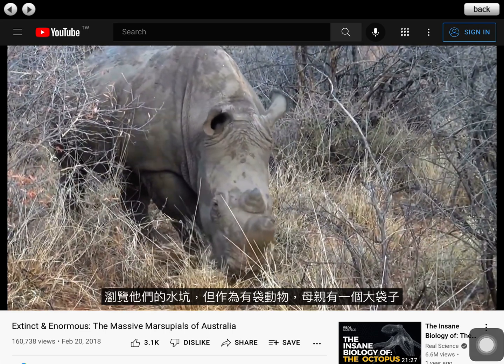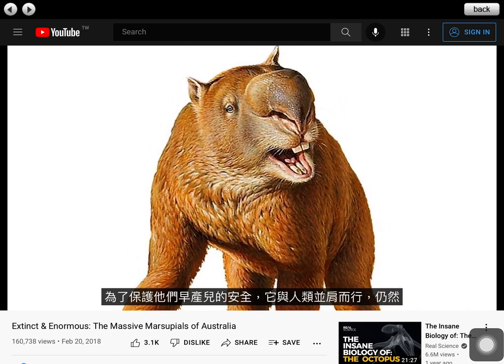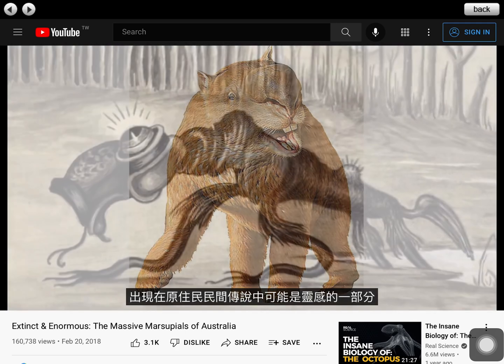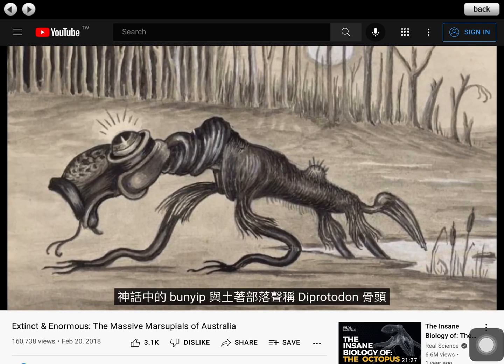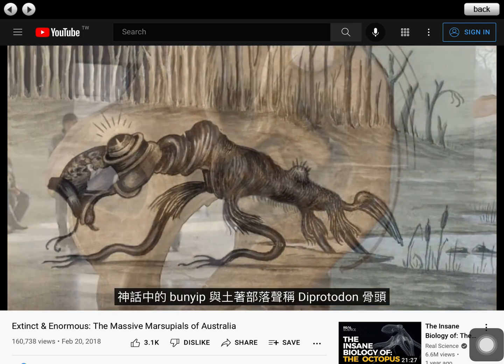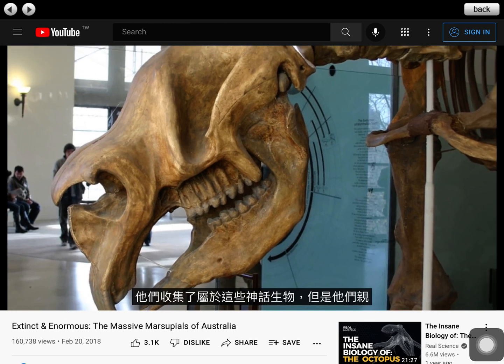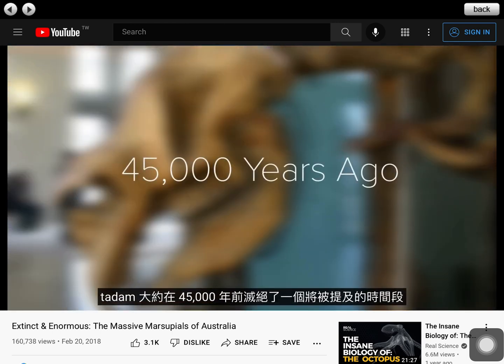But as a marsupial, the mothers had a large pouch to keep their premature young safe. It walked alongside humans and is still present in Aboriginal folklore, maybe being part of the inspiration for the mythical bunyip, with Aboriginal tribes claiming that the diprotodon bones they have collected belonged to these mythical creatures. However, diprotodon became extinct around 45,000 years ago, a time period that will